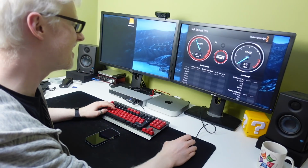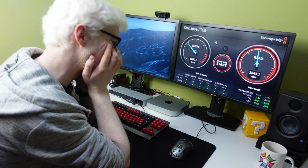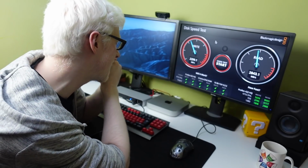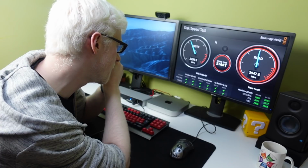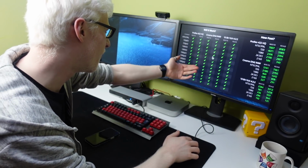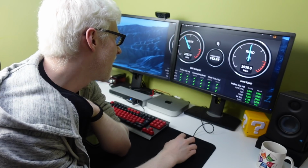Oh man. It reads at almost 3 gigabytes per second, and it's writing at 2.3 gigabytes per second. Every single one of these formats is ticked. It's insane. To show you the difference, I'm going to select my little